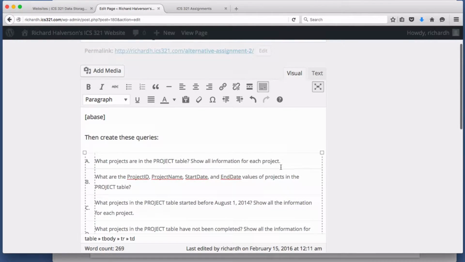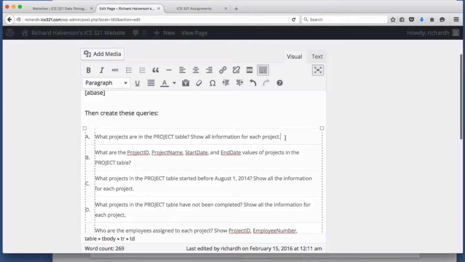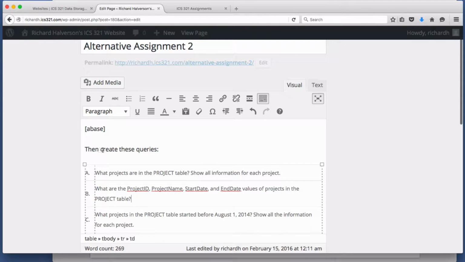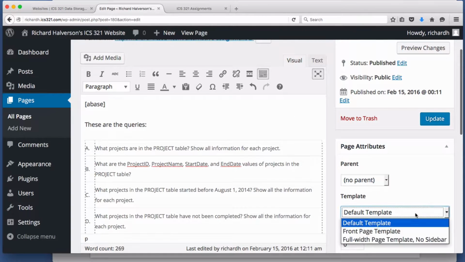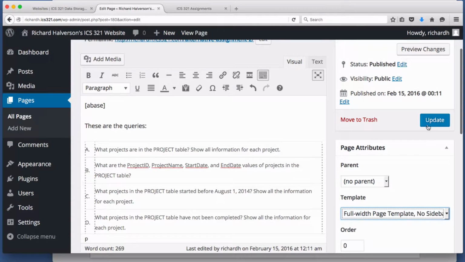If it goes in as a table, we'll just put the SQL statements underneath each one. And let me get rid of the default template here, make a full page, update,